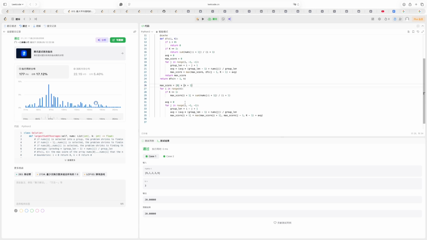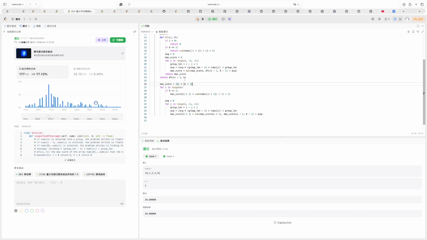So let's say we'll have K columns, and for range in n plus 1. So for max score, it will be